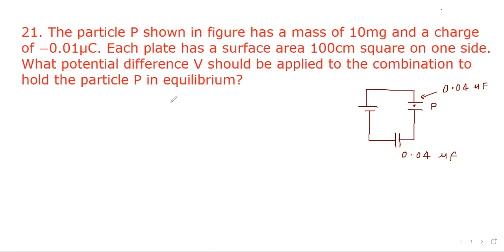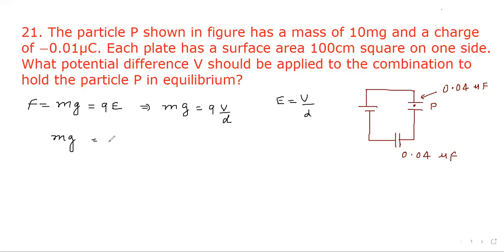So here, the weight of the particle, suppose we write it as F, will be mg, and this must be equal to the electric force QE. So we can write it further, mg equal to, and since electric field is V upon D, we can write it as Q V upon D. Now further, we can write it as mg